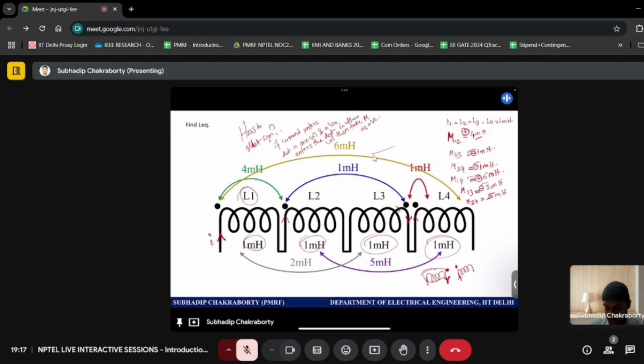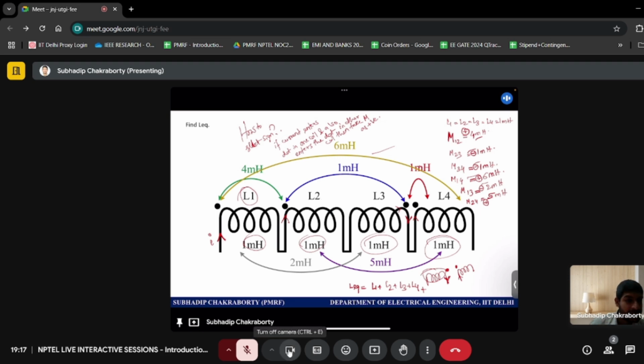2 and 4, how will it be? 2 is entering but 4 is also entering. So I can say it is positive. So what is the formula of LEQ? L equivalent is L1 plus L2 plus L3 plus L4. That is the self and in series connection,